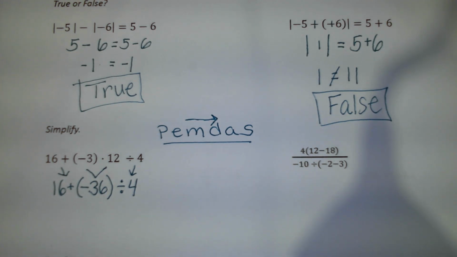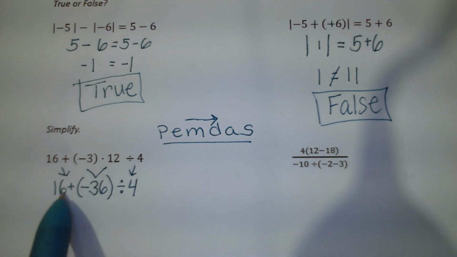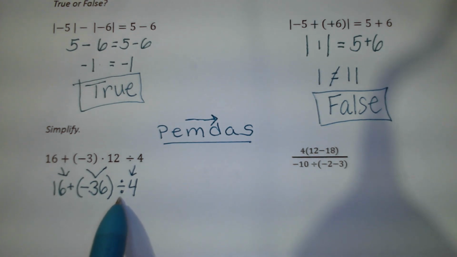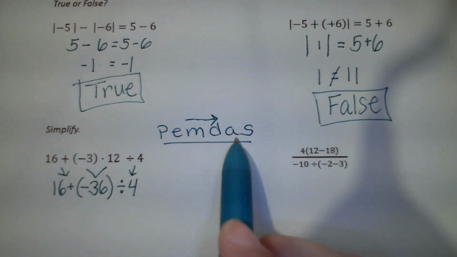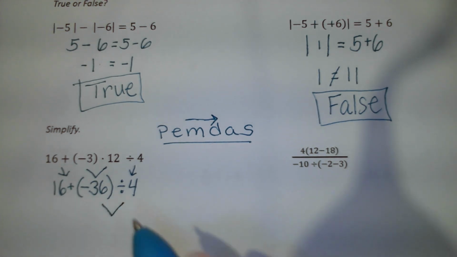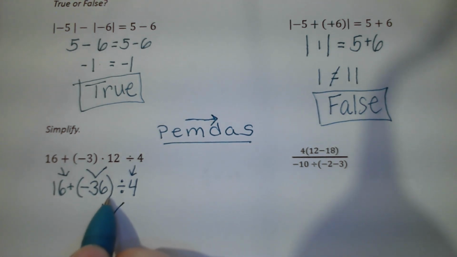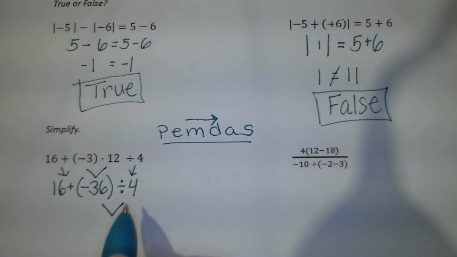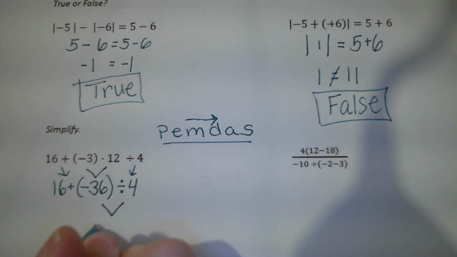Now, I can promise you, a lot of you are going to want to do 16 plus -36 first. We are not going to add first because we still have division. And division is before addition and subtraction. So my next step is to divide -36 divided by 4. So that gives me